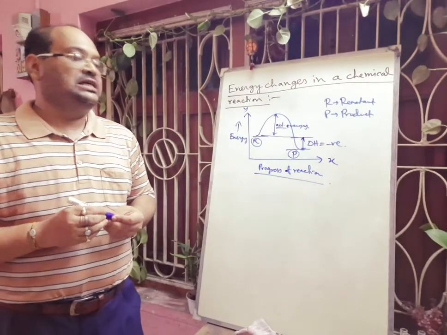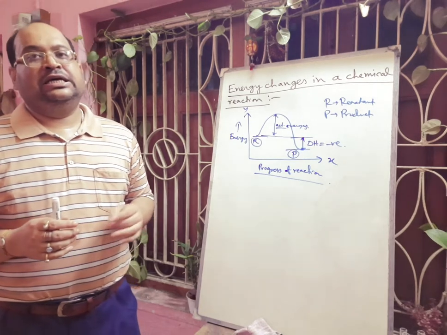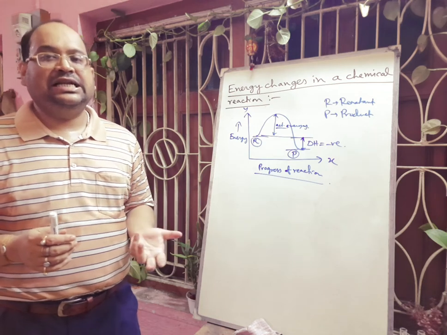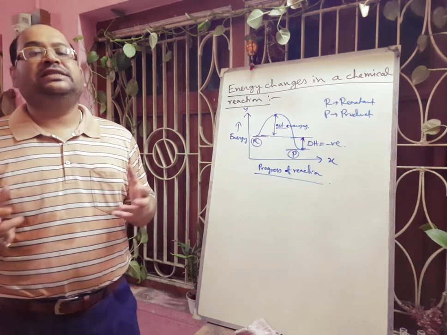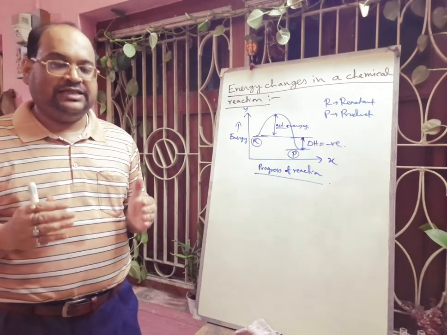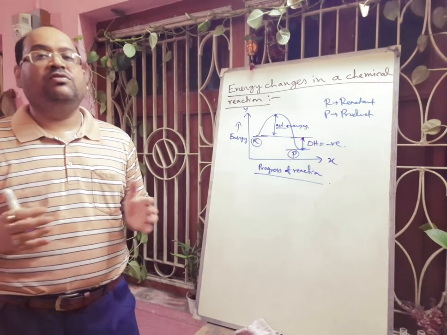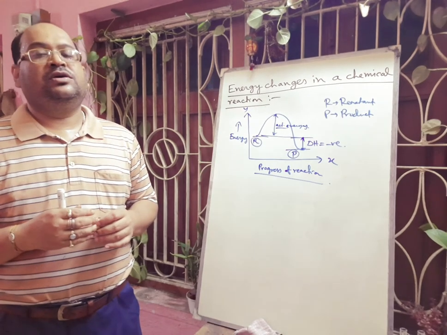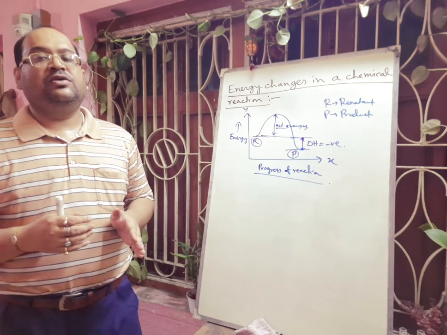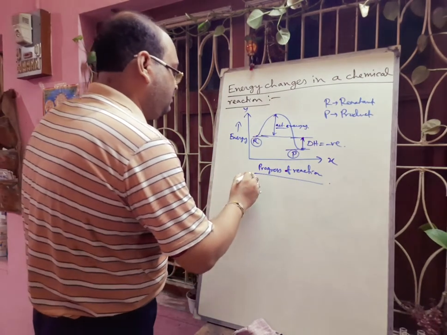Next we will discuss the endothermic reaction. An endothermic reaction is a process where heat is taken from the surroundings, and as a result the temperature of the reaction mixture decreases, and in an endothermic reaction the energy required to break the bonds is greater than the energy released when new bonds are formed. So here also we can do the same thing. Here delta H will be positive, the reactant will be at the lower energy level and the product will be at the higher energy level. So again I am drawing another graph.